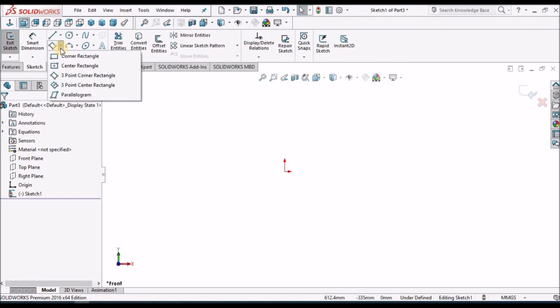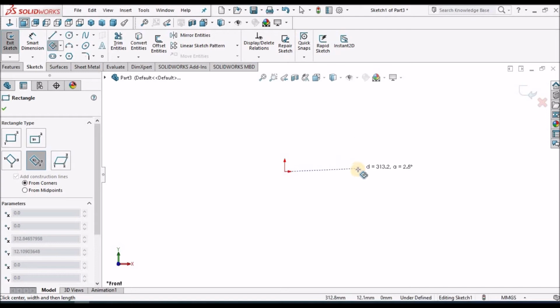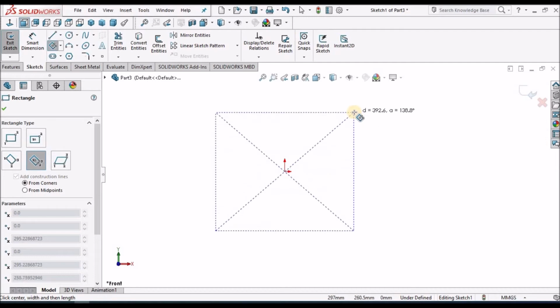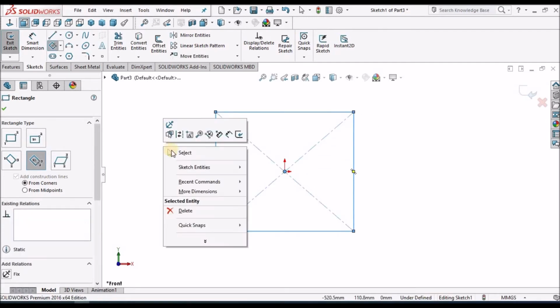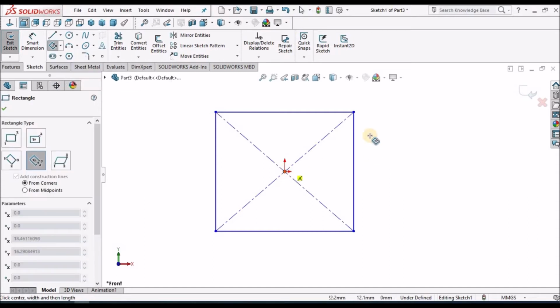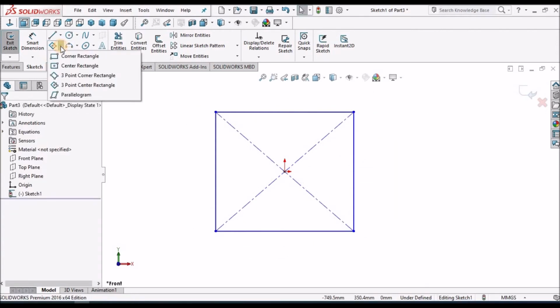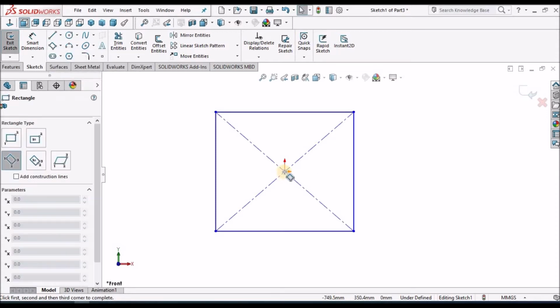Next is 3-point center rectangle. One point at the origin, another point here, and the other. So this is one option. One more option is 3-point corner rectangle.